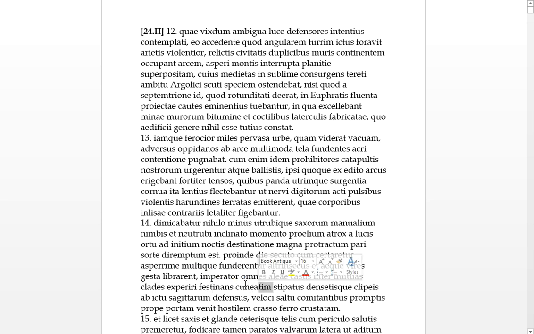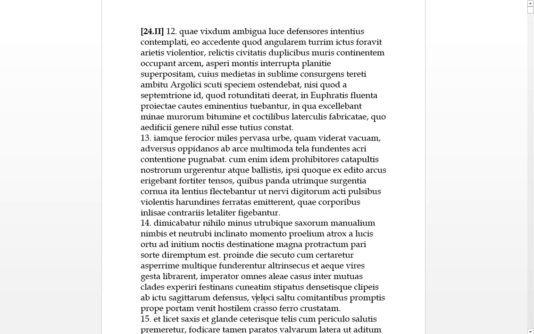Cuniatum, in the Tim family here, we have a wedge. Stipatus, these are a band of people in a wedge. And densatisque, and it looks like it's very dense. Clippius ab ictu Sagittarium defenses. So here's what they're doing. He's defended with their clippias. Clippias are shields. From all this, from these people in a wedge shape, from the ictu Sagittarius, from the blows